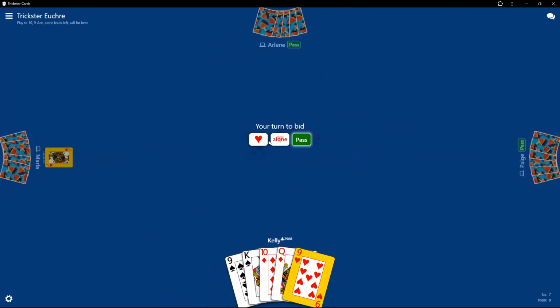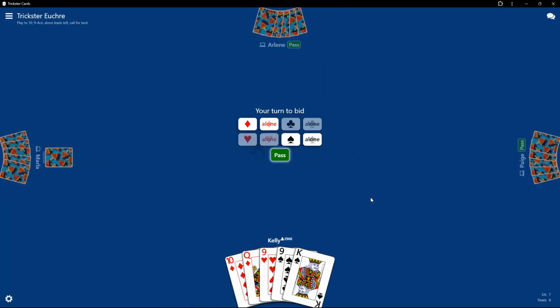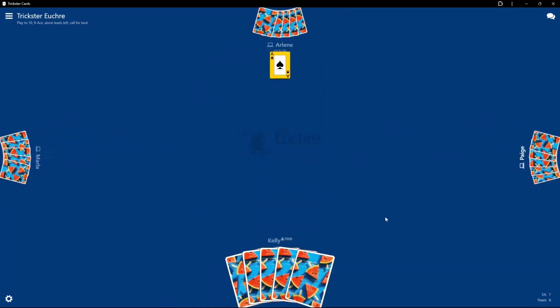That's not looking good for them to have a bower like that. Definitely going to pass on that. Wow, came all the way around. There's no way in the world I'm going to make that or try to get a point by going alone. What's a drag though is when you decide to pass and then somebody gets a loner hand. Oh, I redealt it again. So two crappy hands in a row.